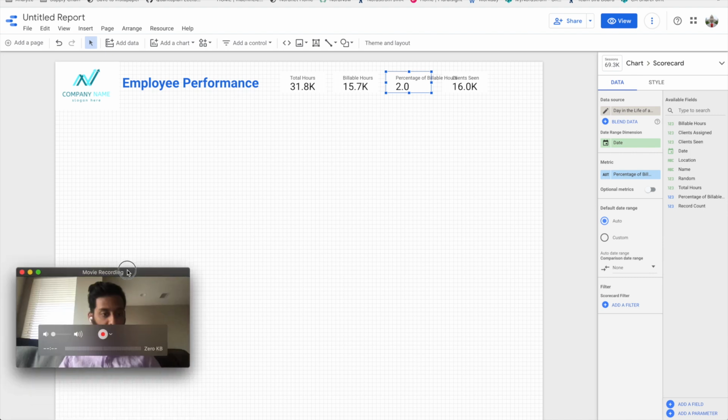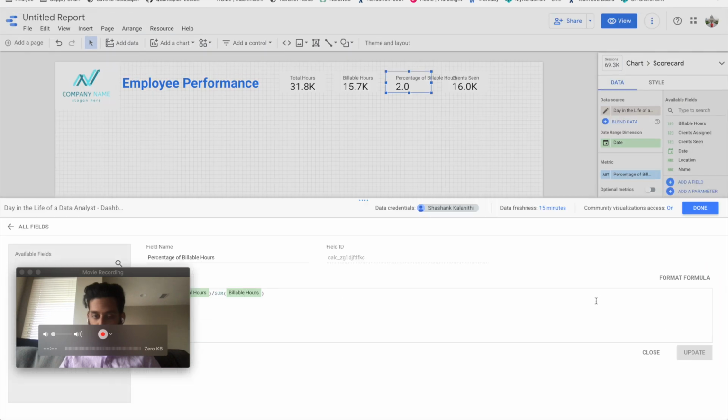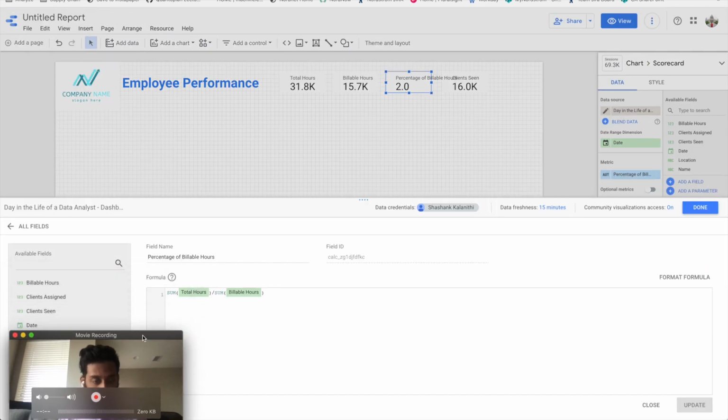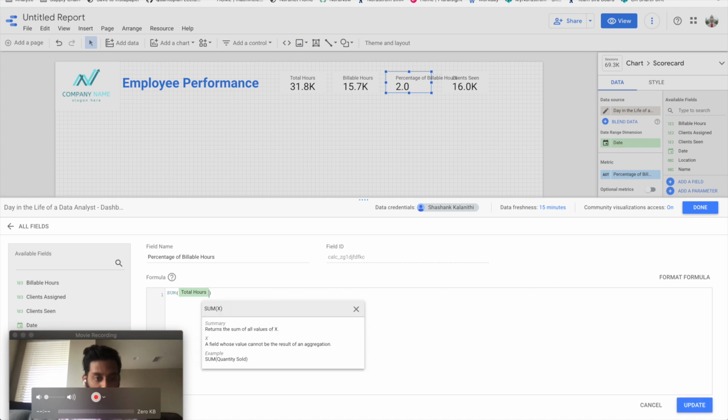That does not sound accurate. It should actually be the exact opposite of that. So I'll probably click on this little f of x over here. Ah, okay, I reversed it. It should be billable hours divided by total hours. And then